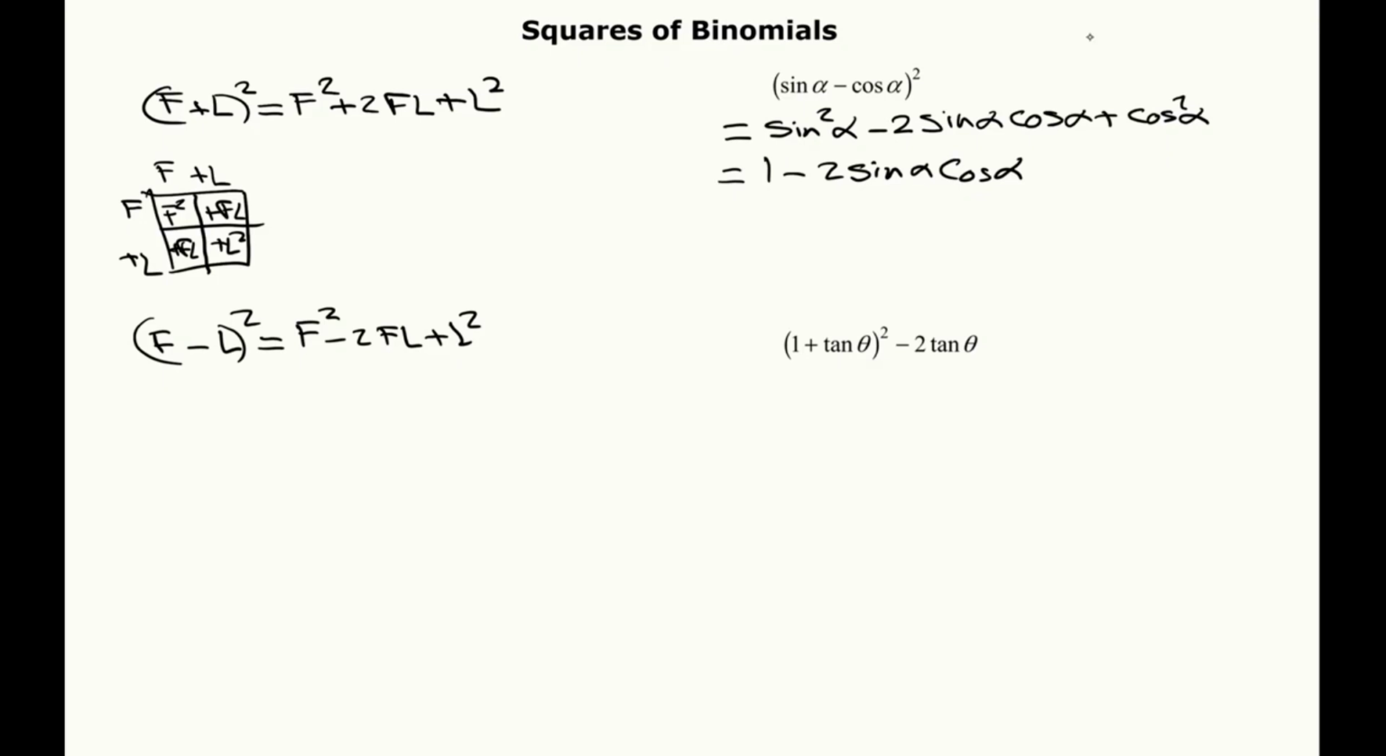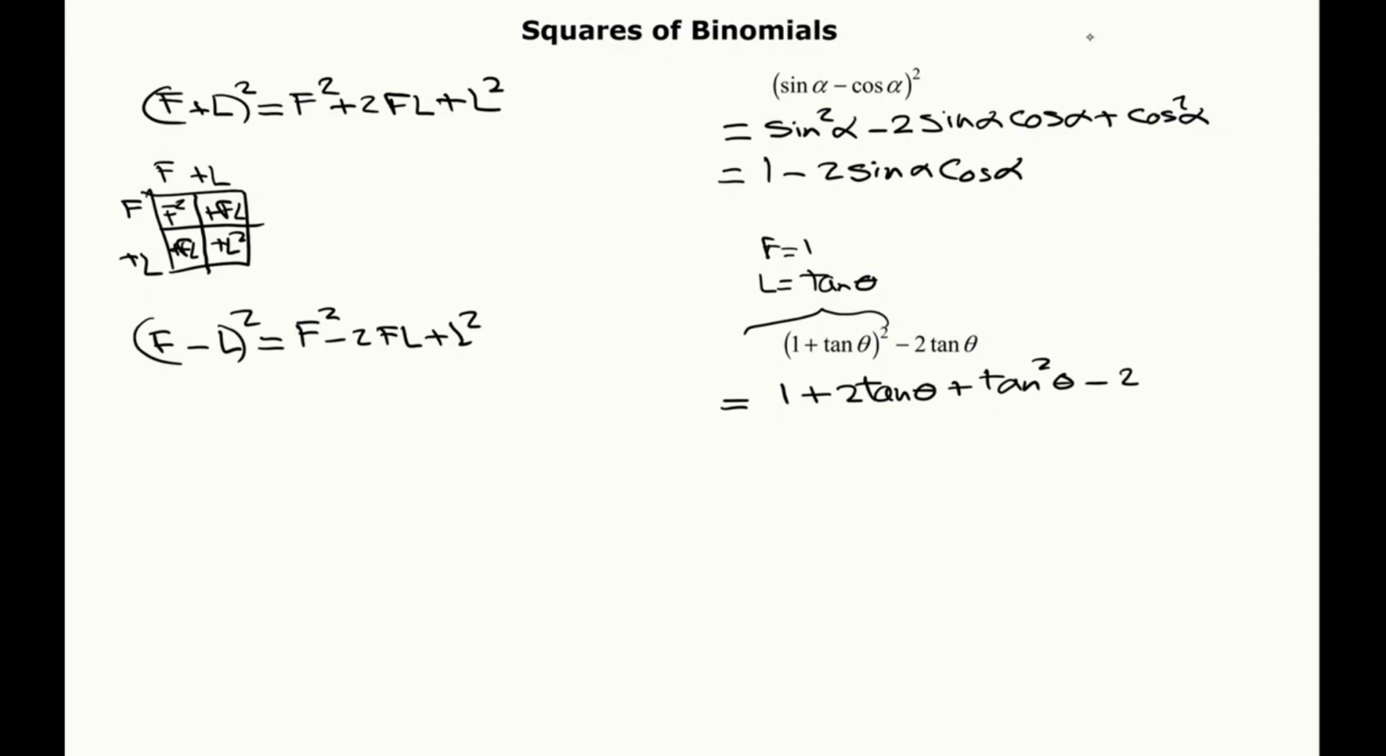So for the next one, notice here for this expression we can consider our f to be 1 and our L to be tangent of theta. So we're going to get f squared, which is just going to be 1, plus 2 times f times L, so that's just going to be 2 tangent of theta, plus L squared, which is going to be tangent squared of theta